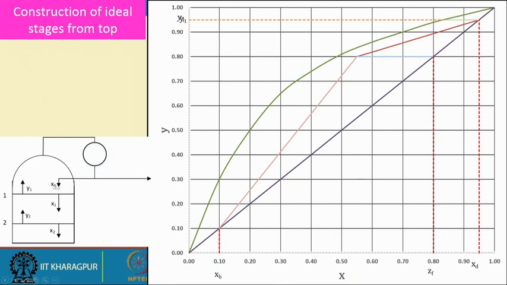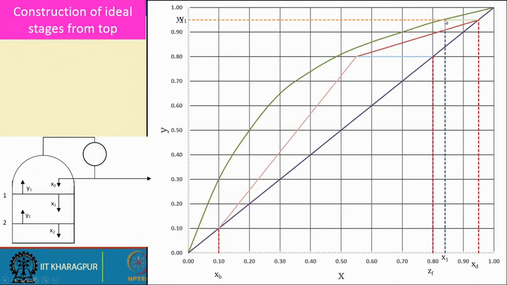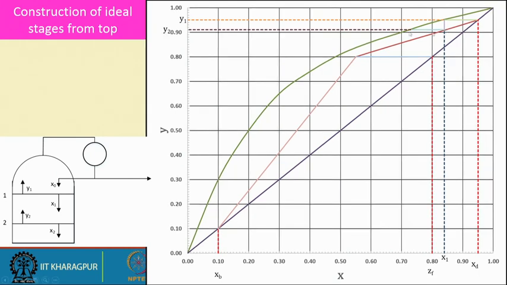So, this XD, X0 and Y1 have the same composition in case of a total condenser. Now, once we find X0 or Y1, from that we can go to the equilibrium curve. That is why we have drawn this horizontal line, and from there we get the value of this X1. Now, once I know X1, what we will do? We go to the operating line equation to find the value of Y2. From this X1 we draw a vertical which is just touching this operating line of the rectifying section, and this point where it touches the operating line is the value of Y2.